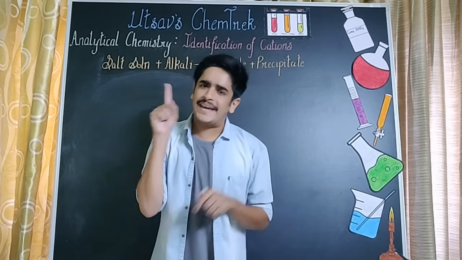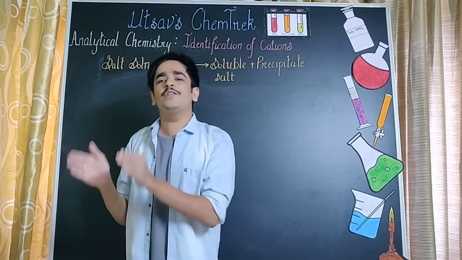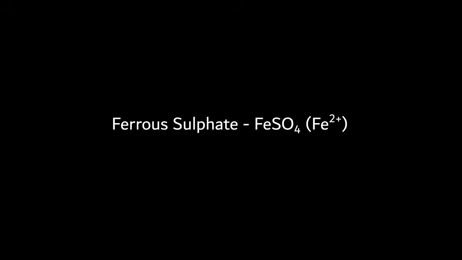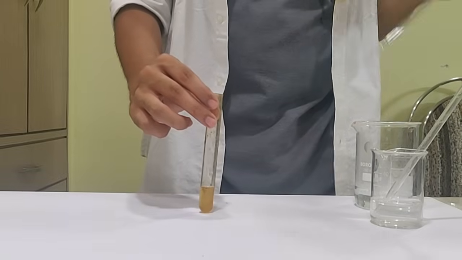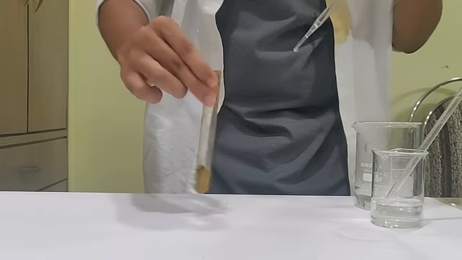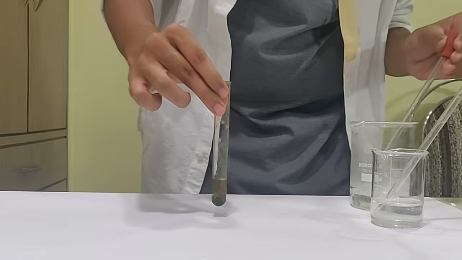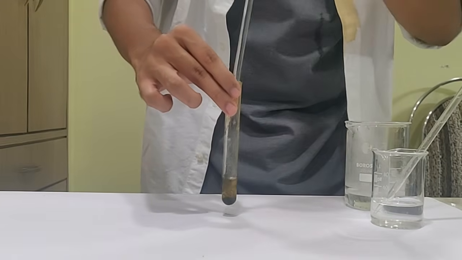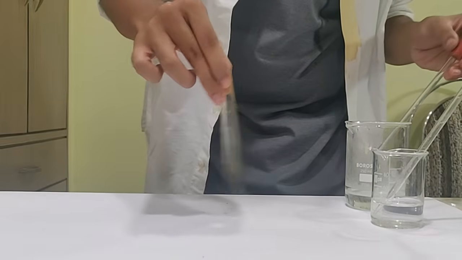So now for the second and third metallic salt, I am going to show you all the reactions first, and then we'll follow it by the equations. Now we have a test tube over here which contains a small amount of ferrous sulfate solution. The moment I add sodium hydroxide drop by drop, I will expect the formation of a dirty green precipitate. Irrespective of how much sodium hydroxide I add in excess, this precipitate is going to remain insoluble.